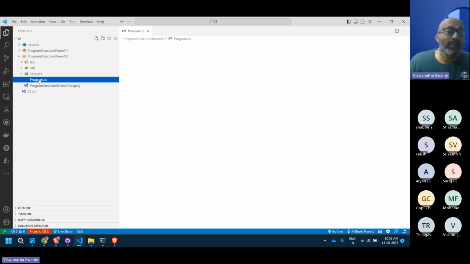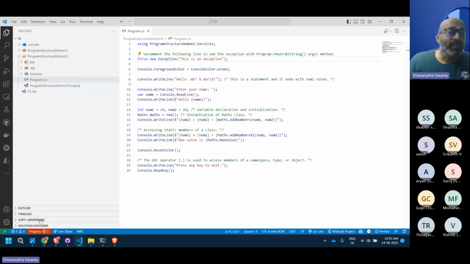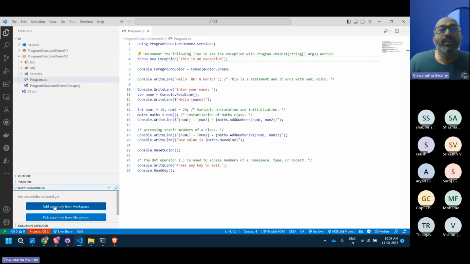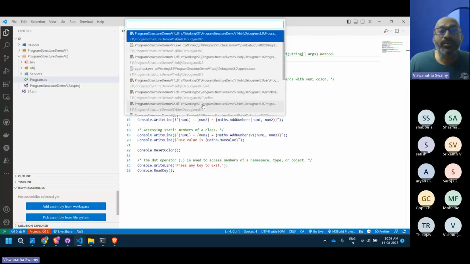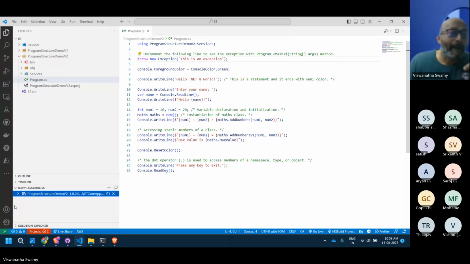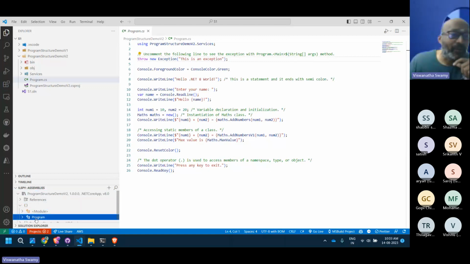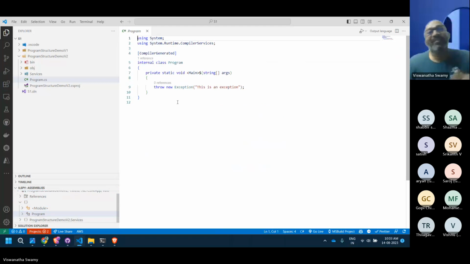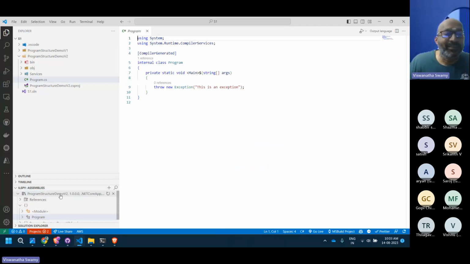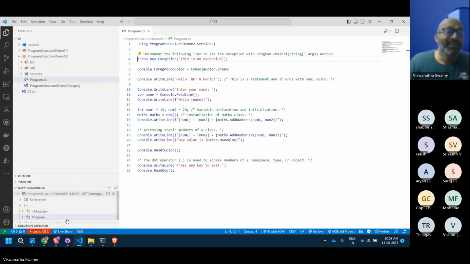See this. This is our program class. Come in here, add an assembly, go to the CLI. There you go. So this is within demo 2. Demo 2 is the top level statement, so this is how the program looks.